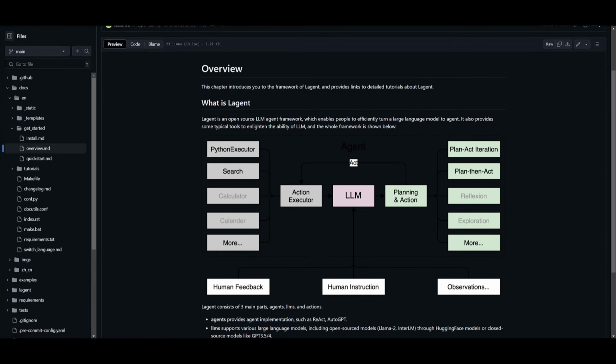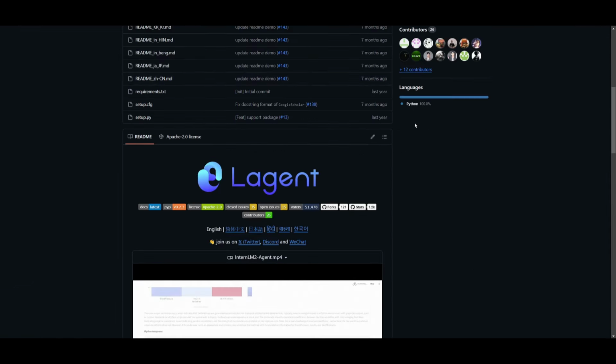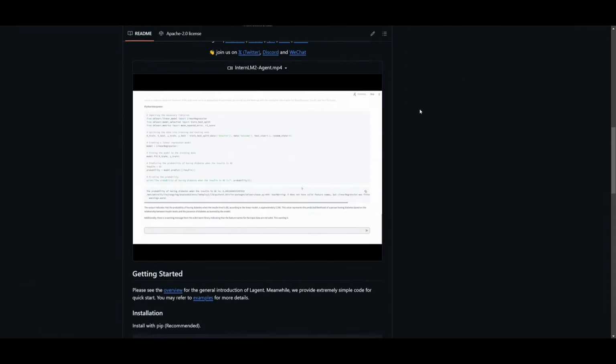With this three-step process, you're going to be able to create intricate agents with large language models, and this is something that I'm going to be showcasing as we go further into the video. So with that thought, that leads me to the next step where I'm going to be showcasing how you can